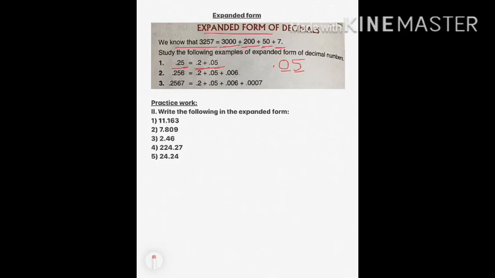Okay students, alright. Now I'll just explain the first one here. How to write the place value of 11.163. For the whole number it's the same. 11 is what? 1 is at 10's place, and this one is at 1's place. So I can write here 10 plus 1 plus, now for the decimal I can write it as 0. Now there is no whole number here. When we are writing the place value for any number, we put other numbers as 0. So I will put 0 for the whole number also,